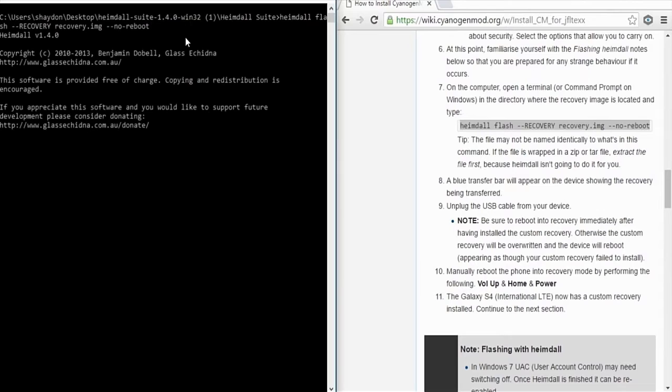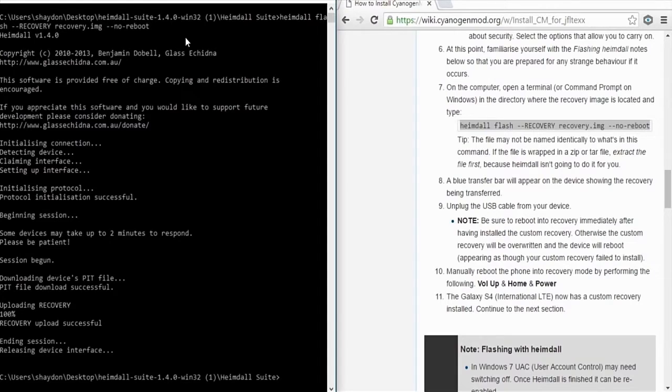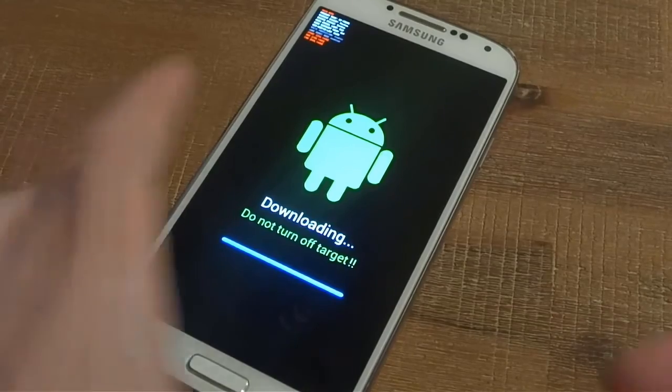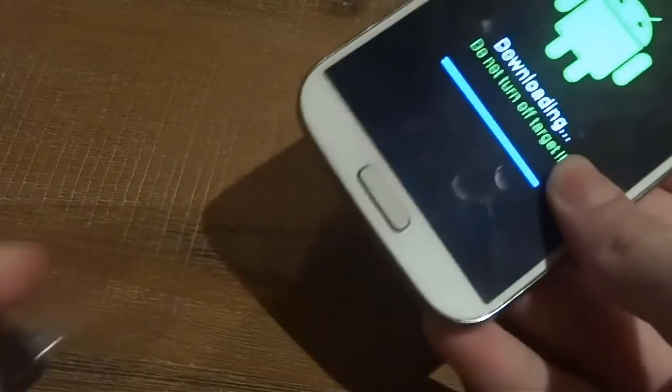Once you have entered the command, click enter and it should start flashing your phone. Make sure you do not touch or unplug your phone during the flashing as your phone will brick. Once the command prompt is finished and has completed successfully, check your phone to see if the blue bar is completed. Leave it for about 10 seconds just to make sure, and then you can go ahead and unplug the